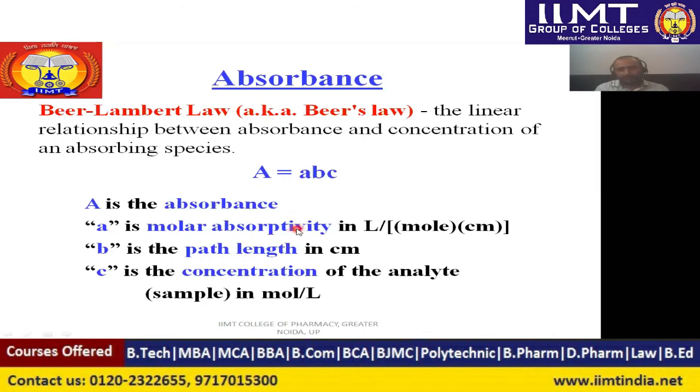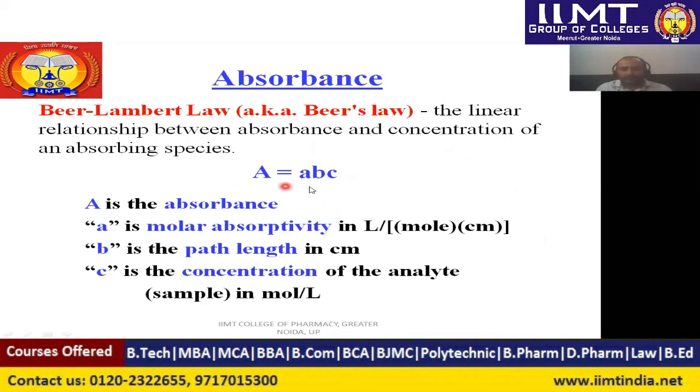I am repeating it again, the amount of light absorbed by a particular drug will be directly proportional to the concentration of that drug. Meaning if you take a solution of X concentration of a drug, then when UV light or visible light falls on the solution, some of the light will be absorbed, and the amount of light absorbed, you must remember the delta E, that delta E corresponds to the actual concentration of the drug.